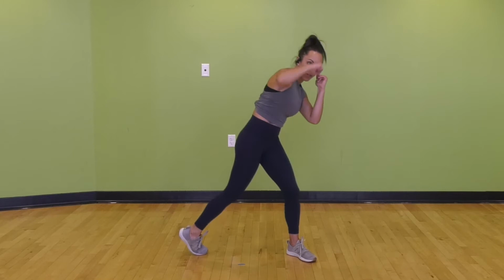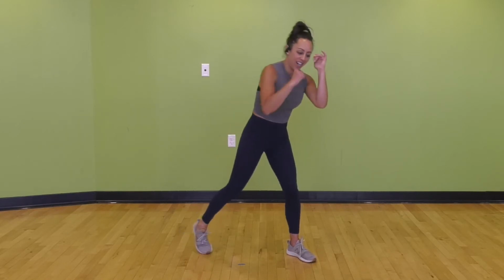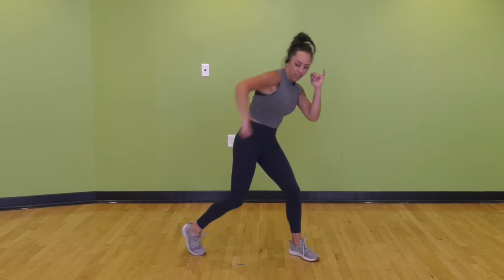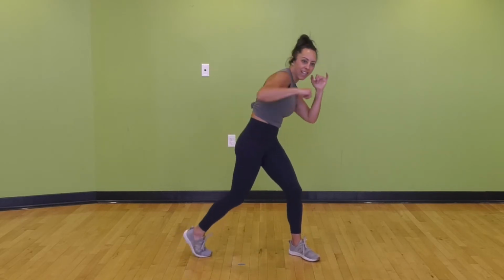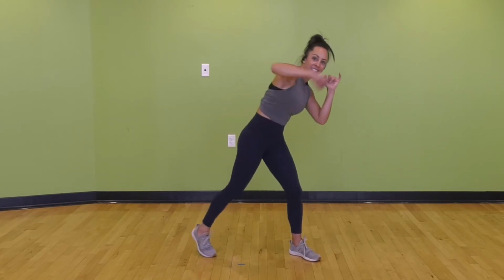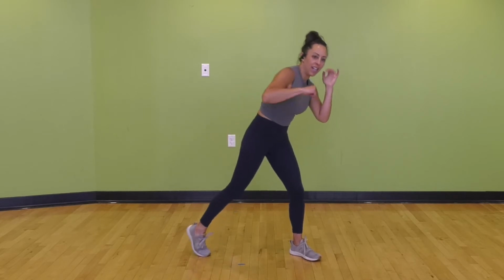Other hand is on guard, so it is right by your jaw. Good, make this a little bigger. If you want to make it bigger, use more legs to really come up and around. 4 more counts, for 4, for 3, good, for 2, and 1. Shake it out. All right,